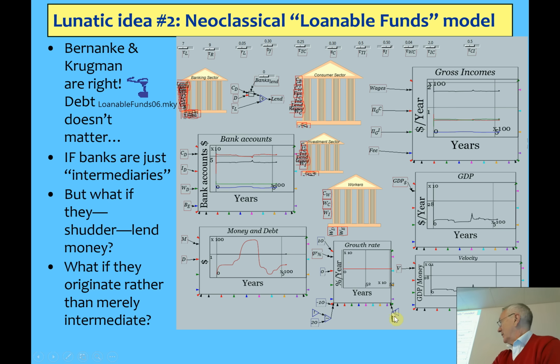Okay. This is another little trick I've done here, by the way. Notice on the edge of each of the graphs there's an angled input. That's setting the maximum and minimum value for the axes. So you can use that to set, like I've got 10 as the maximum up here and minus 10 as the minimum down here. And I can vary those as I want during the simulation. I've got t, current time, as the input there, and t minus 20 over here, so it shows the last 20 years of data, a sliding window. Various little tricks like that to make it easy to see what's going on.